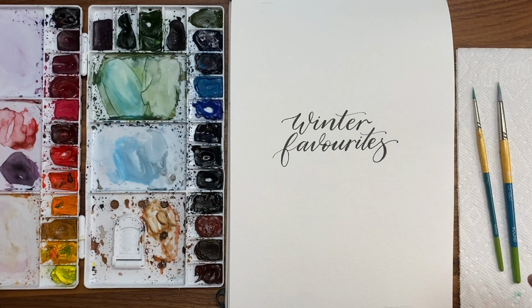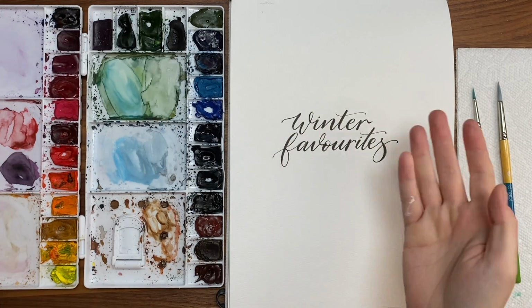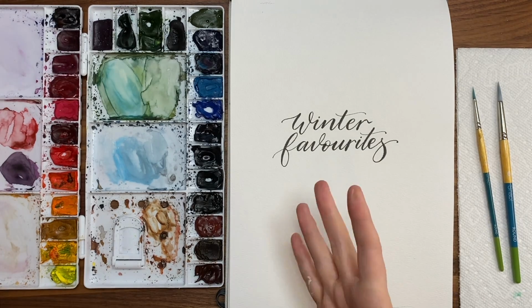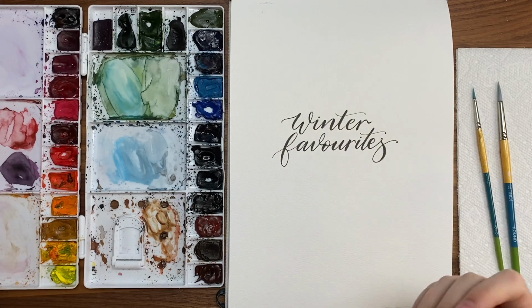Okay, so we're going to be painting a winter favorites kind of little illustrations in watercolor today. You could always write something different in the middle or at the top. You could write winter essentials, or these are a few of my favorite things. Hello winter, whatever you want to do. It's up to you. I'm not going to be obviously showing you how I wrote that because this is not